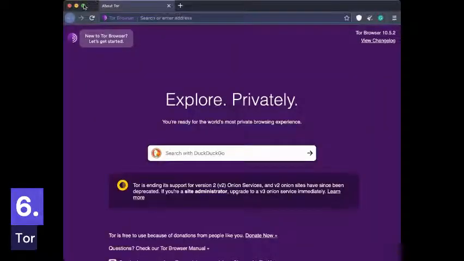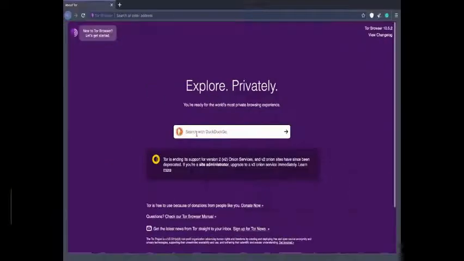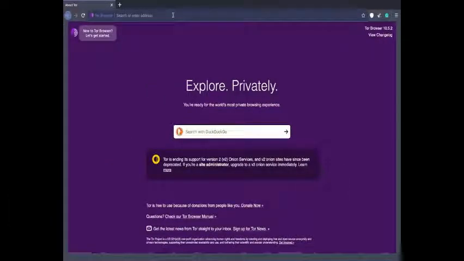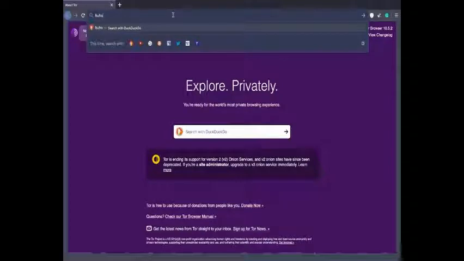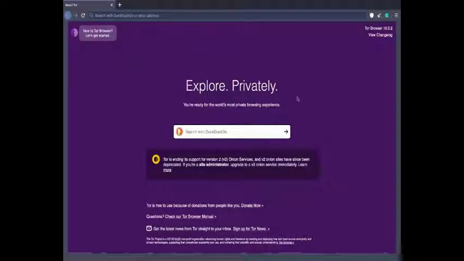Next up is Tor, which is the last on this list because it is really private, but it's really slow. So here's an explanation about Tor. Tor has this thing called the Tor network, basically seven servers through which your data is passed. So if I search TikTok,